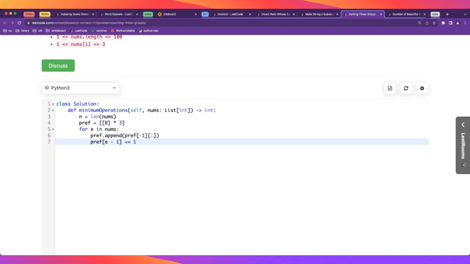No, we want the last element, and then we index by the zero-based value of nums, and we increase it. And now we are ready